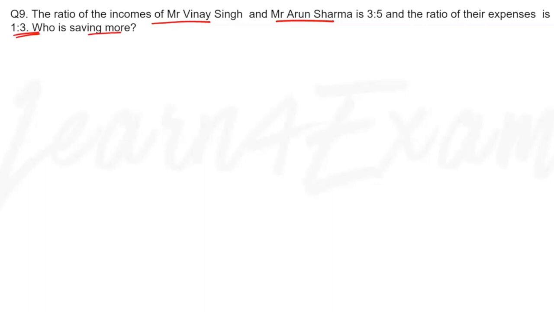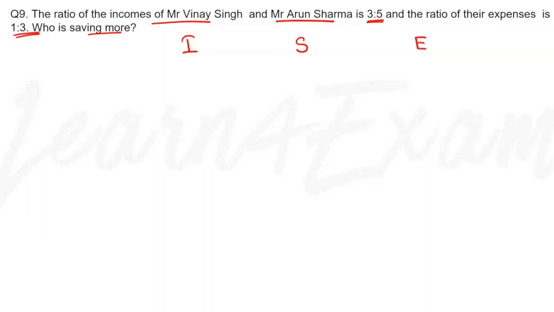Now these kind of questions are very difficult to understand, and hence a proper way to do these kind of questions would be algebra. But let me also give you a shortcut for this question. So let's use the shortcut first. Now 3:5 is the ratio of incomes, right? So let me make an income tab, let me make a savings tab, and then we'll get the expenditure as